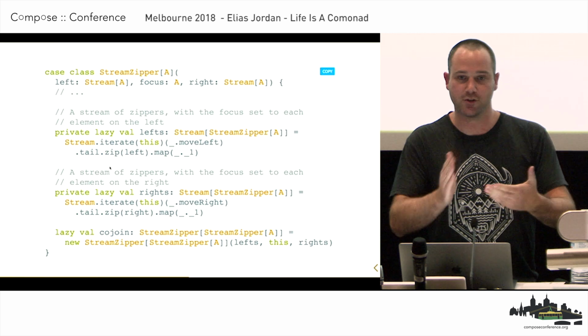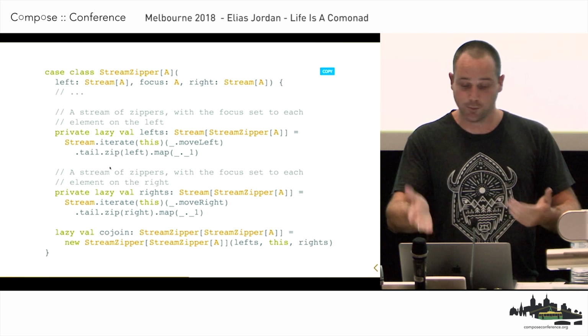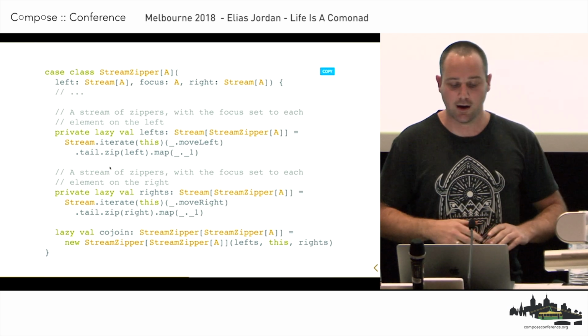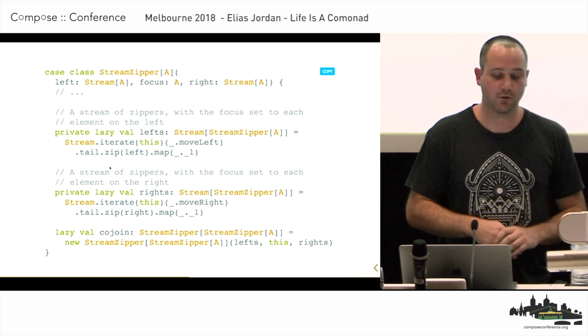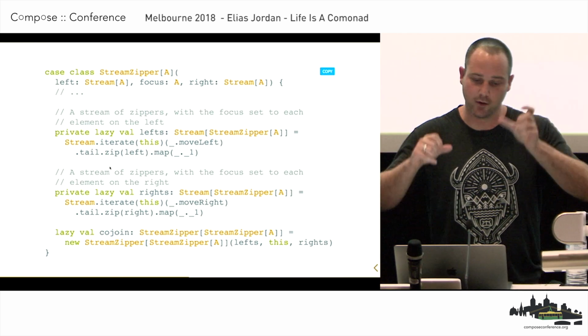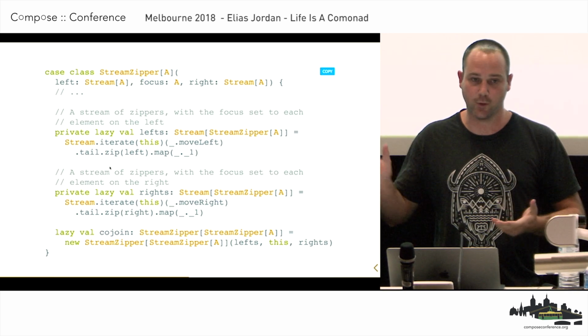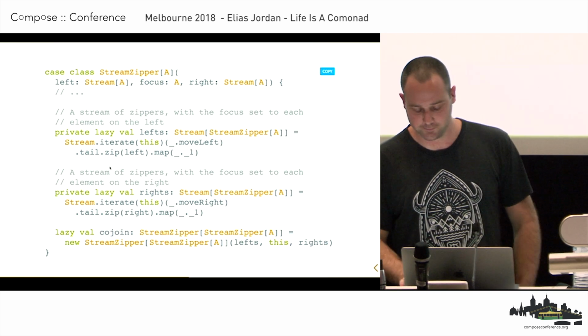So at each step, we're shifting the focus one to the left and creating a duplicate of the data structure. And similarly for right, except we apply the move right function. And then to implement the cojoin based on that, we simply instantiate a new stream zipper with our lazily evaluated collection of left duplicates and our lazily evaluated collection of right elements, as well as the current one.